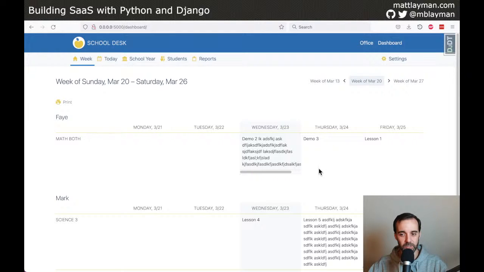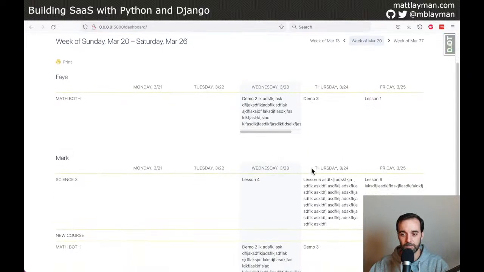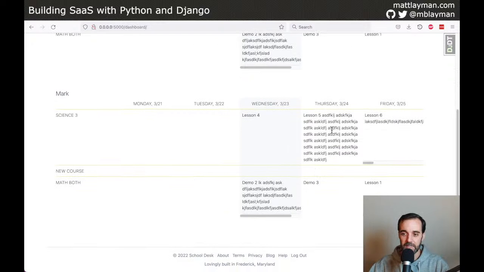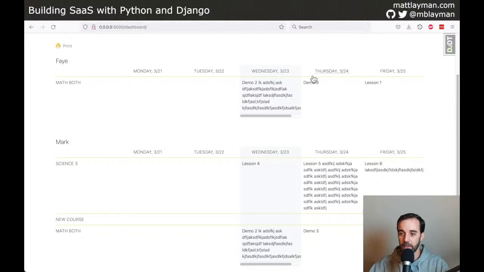So that's a spot where I would need to invalidate the cache and regenerate it. So that's something to consider. Also, anytime one of these tasks is completed, it gets marked as a different style. It gets kind of grayed out. And that is a state that can change and invalidate the time new tasks are added. So if any new task is added, then the entire row is invalidated,